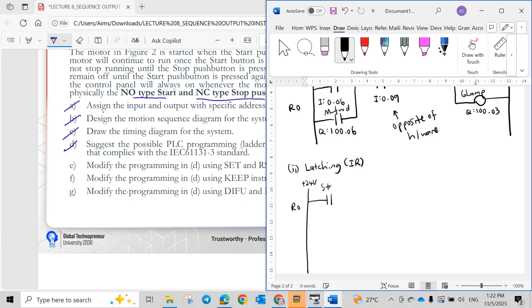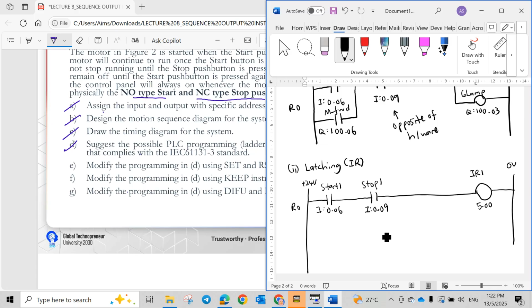This is the start button, connected in series with the stop button, and connected to our internal relay. We can choose 5.00, for example. So this one is 0.06, 0.09, and in parallel with our internal relay